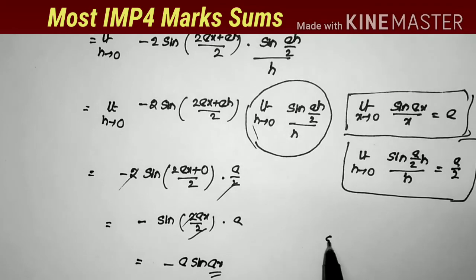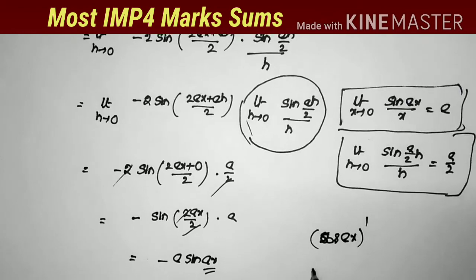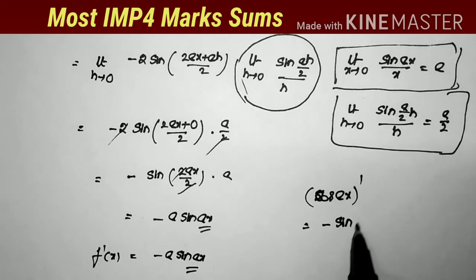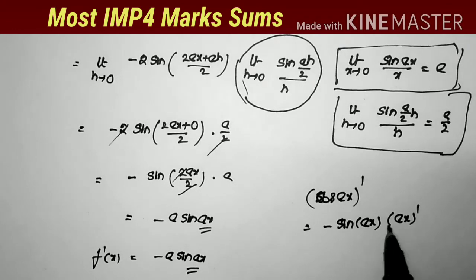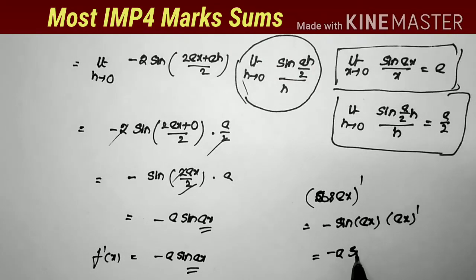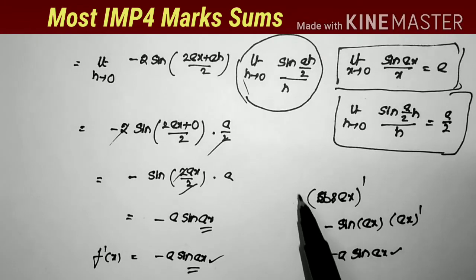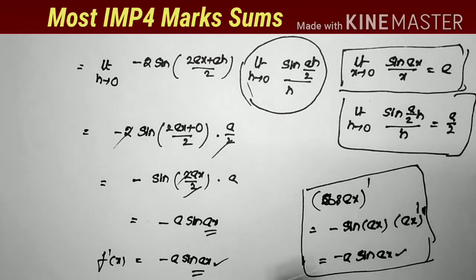Now finding the derivative by the direct method. What is the given question here? Cos ax. The derivative of cos x is minus sin x, so the derivative of cos ax is minus sin ax, and again we take the derivative of ax. What is the derivative of ax? A. So the answer is minus a sin ax. So this is the direct method to check the answer. This is the procedure of applying the formula, and this is the first principle. In both cases we get the same answer. That's all. This is the answer.